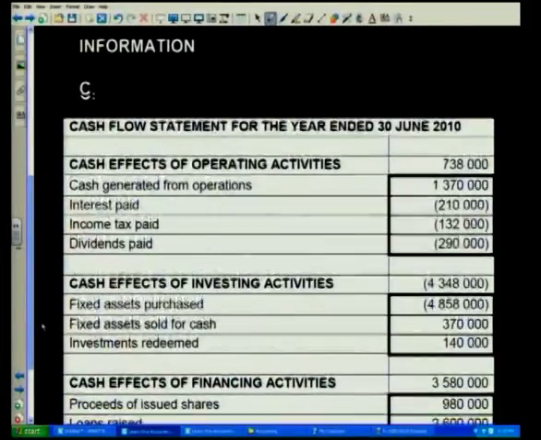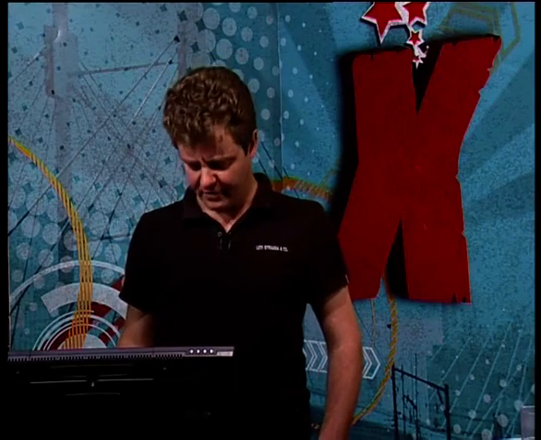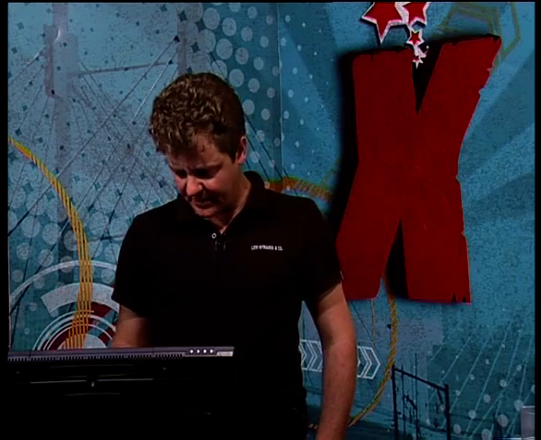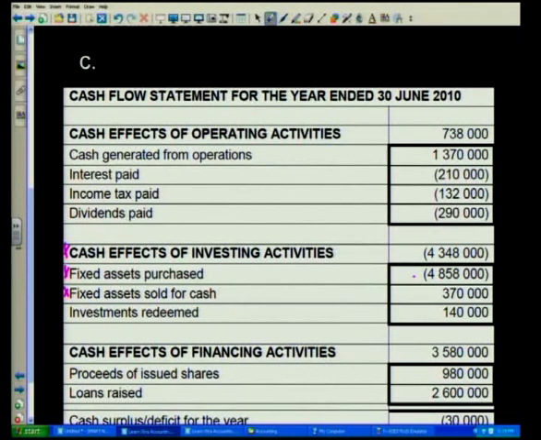Information point C is the cash flow statement for the year. Because we're dealing with fixed assets, we should refer to this area of the cash flow statement, which is the cash effects of investing activities. In a separate module, you would have learned how to prepare this note, but here we have to use the already completed note in order to draw up the financial statements, in other words, to draw up the general ledger. So you can see there that we have purchased fixed assets, and here's the value,